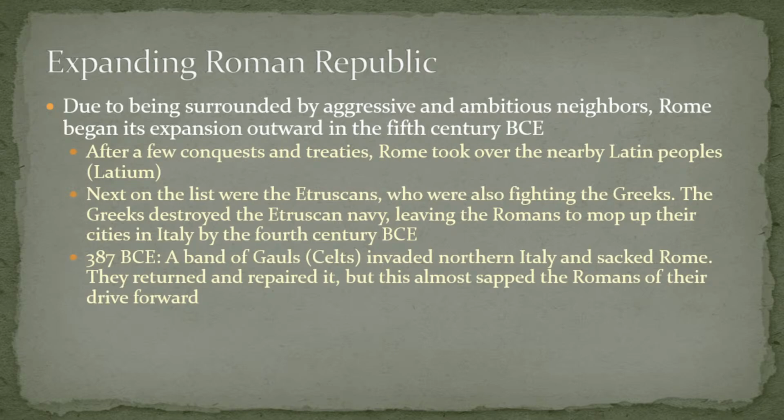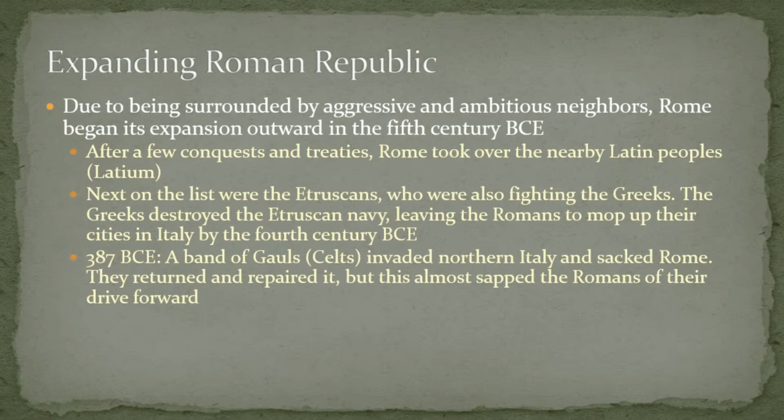There is a little sidebar here in the book, page 113 in mine, but again, I don't know what it would be in y'all's. It's about Veii, V-E-I-I. That's a city just to the northwest of Rome, which was a nice little city that the Romans had conquered pretty early on, and a lot of Roman senators were like, why don't we just move to Veii and not bother rebuilding Rome, because Rome was in shambles? Let's just move to this city that we've already got. It's got the infrastructure we need. Let's just leave. But again, Romans are really persistent about ancestral stuff, so they went back to Rome and